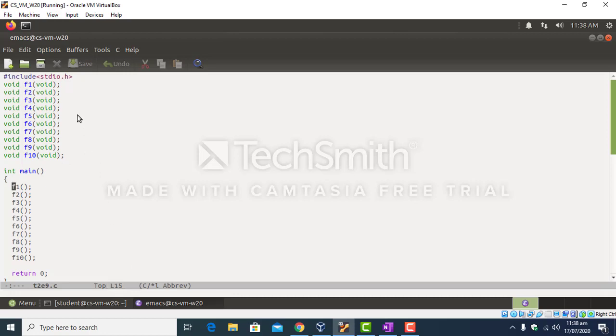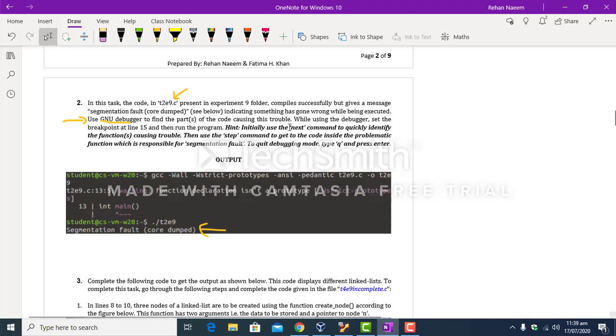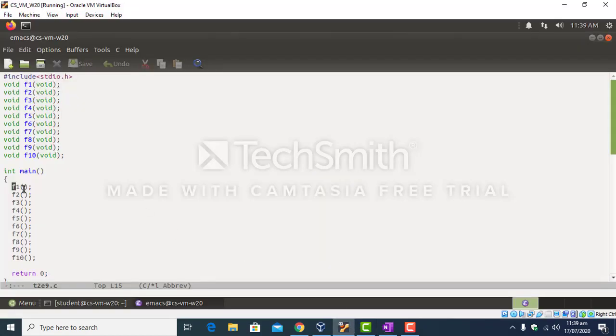After placing the breakpoint you have to use the command r to run the program, and after running the program you have to use the next command initially to quickly navigate through these functions in order to identify which of them contains the problematic code.